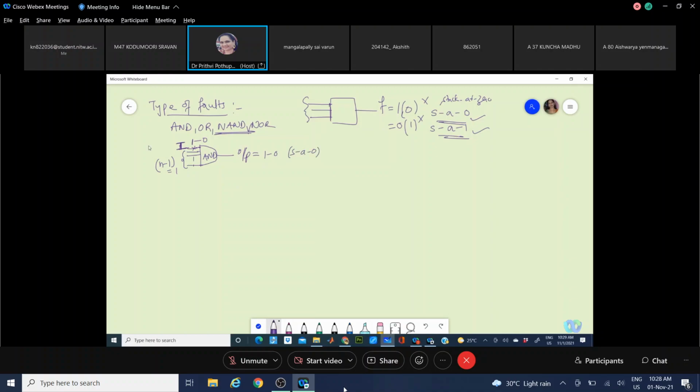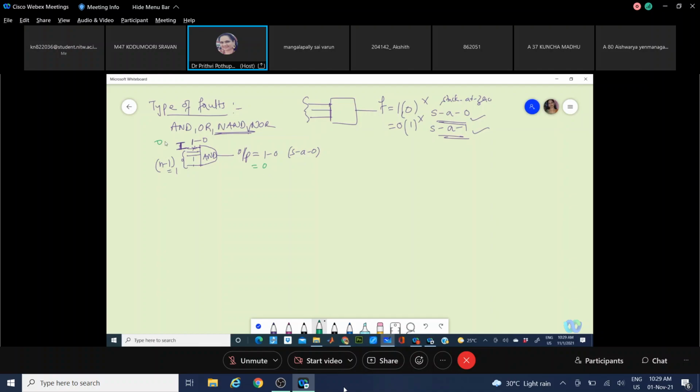And say I want to test stuck at 1, what should be the value previously tied? It is 0. When this testing line is tied with 0, your output will be 0 because all other lines are 1 except the one you are testing. So if it is fault free, you will get 0 as it is.